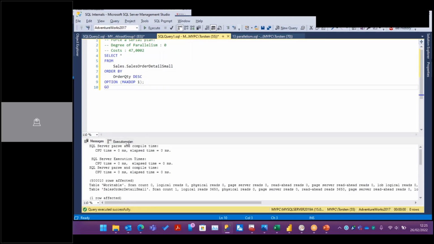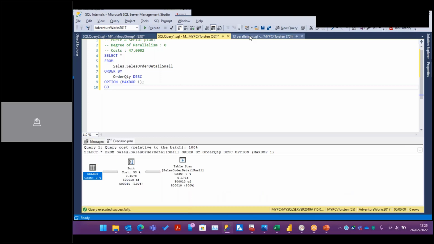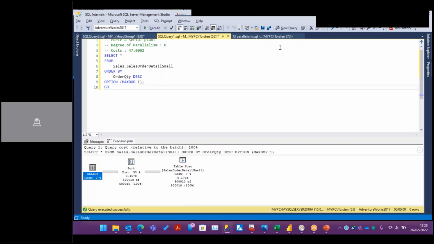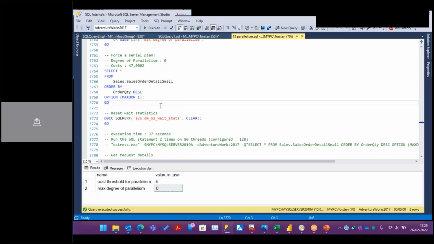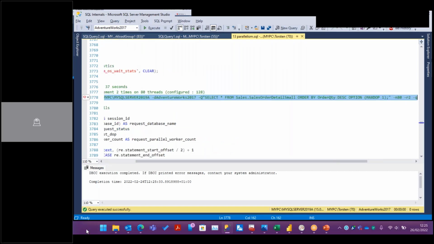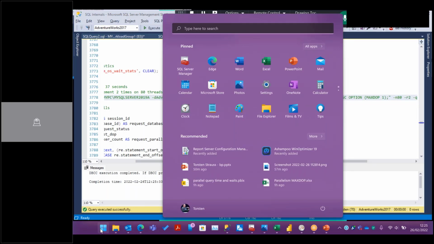And this is the execution plan. For sure, it is running in a serial manner. Okay, it's not perfect, because the estimated subtree cost is already 47, right? The problem for sure is a missing index, but nevertheless. So I will reset the wait statistics, and what I'm going to do now is I will run this query in serial,